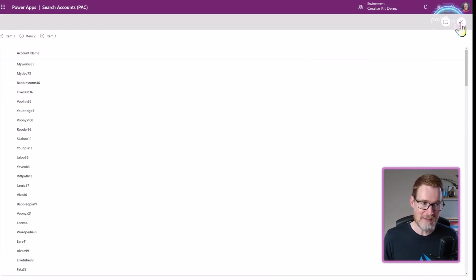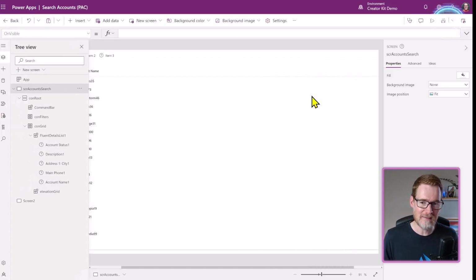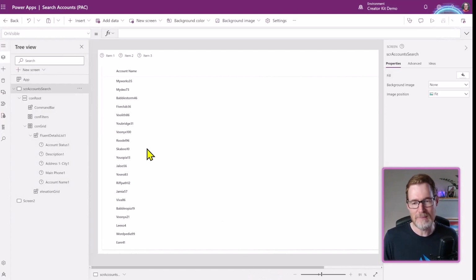What it also means is it also breaks some of the delegatability that this detailed list will be able to do, because no longer has it got that direct connection to the Dataverse table. It's only going to be looking at the collection. And what I mean by that is that collection is going to be subject to all of the delegation limits that you get with an in-memory collection, i.e. you're only going to be able to download a set number of records, and you would have to filter it to a small number of records to display.